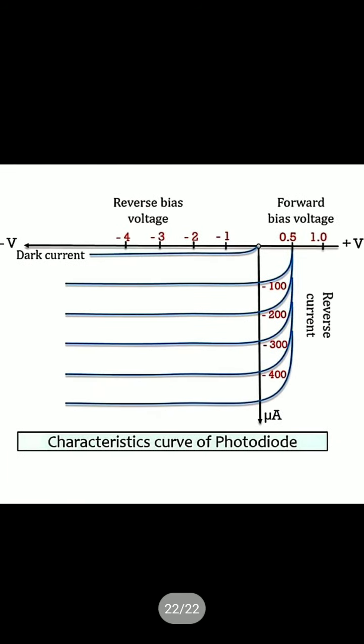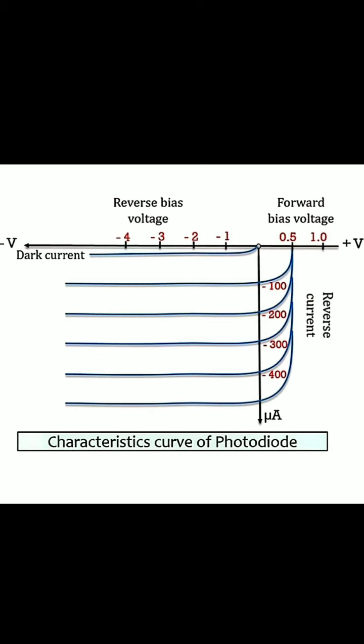Now this is a VI characteristics curve for the photodiode, because it is operated in reverse bias condition. First you see that when no reverse bias voltage is applied, we get a little amount of current, that is called reverse saturation current. So we say that is zero current. In this case this is called dark current. Without applying any light on the depletion layer, we still get it. When you do this practically you understand it more, but your bad luck, this practical is not included in your syllabus.